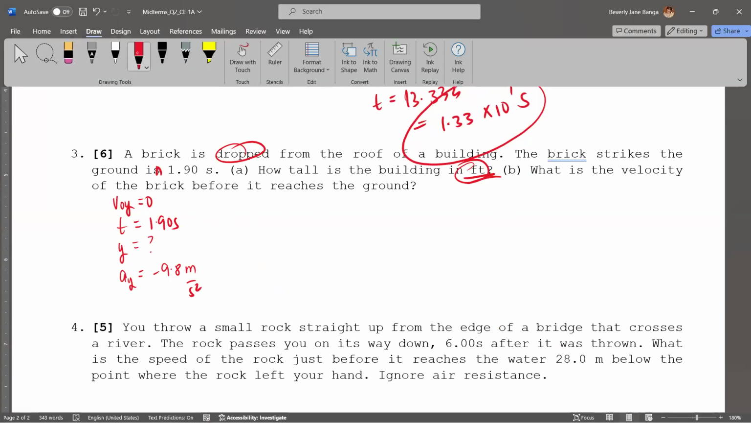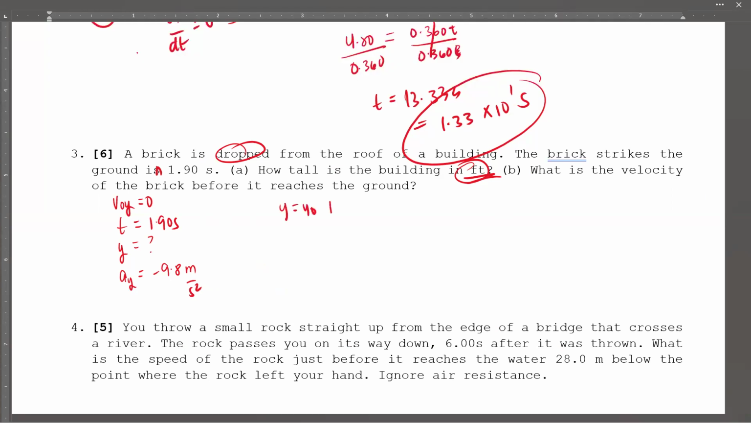Okay, so we're going to use the third equation here because we have everything. Y is equal to y naught plus VOYT plus 1 half AYT squared, and y naught is 0. This is 0, so you are left with 1 half negative 9.8 times 1.90 squared. So this will give us y is equal to negative